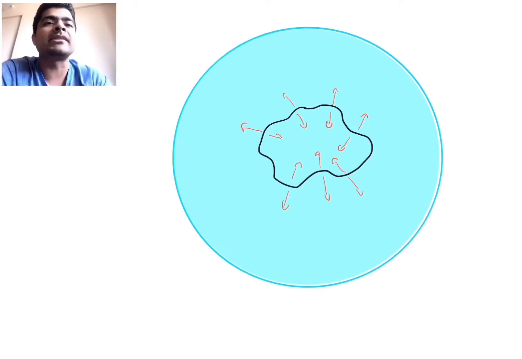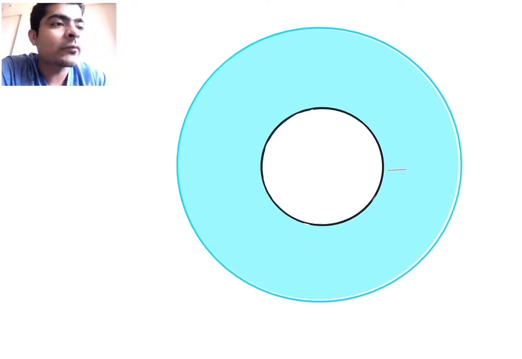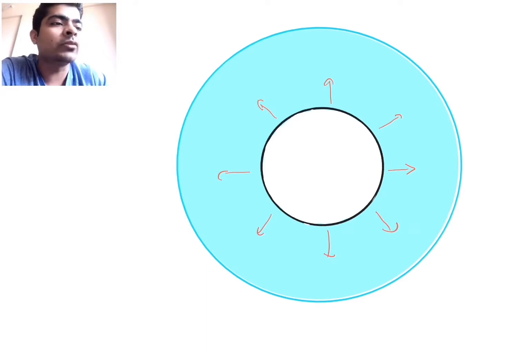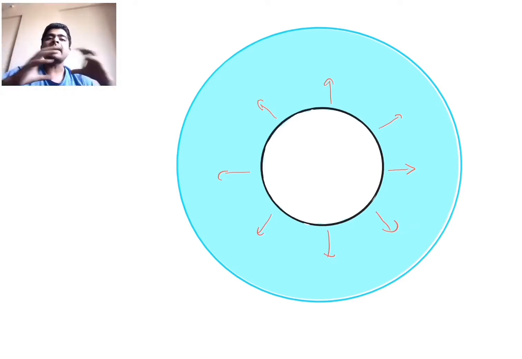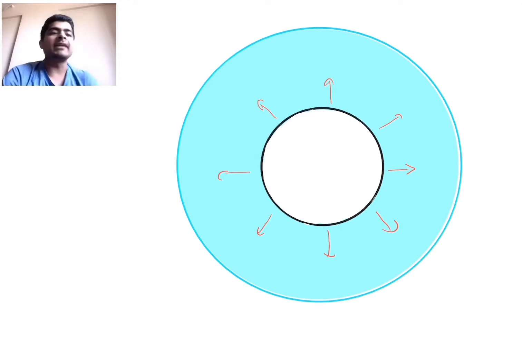But when you pierce the soap film inside the loop, in this region, then what happens? After piercing, the loop will become circular. Why? Because now the soap film is applying force only from outside the loop, correct? So since the force is only from outside, the loop will be pulled outwards and it will keep changing its shape until it becomes circular, because in the circular shape the force on the loop becomes symmetric and it reaches equilibrium position, correct? So now in this situation the loop will have some tension inside.